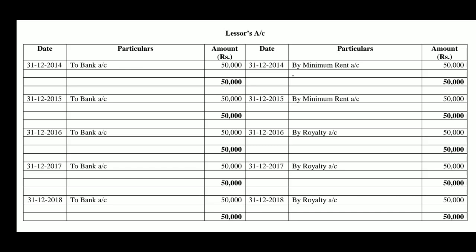In the last year 2018 also, though actual royalty is 80,000, now 30,000 was utilized for the purpose of recoupment. Net balance of 50,000 is due to the lessor. So, lessor's account credited by royalty account 50,000. That net amount when paid, lessor's account attached to bank account 50,000. In this way, lessor's account is prepared by the lessee. Thus, lessee in this case has prepared lessor's account, minimum rent account, royalty account and short workings account.